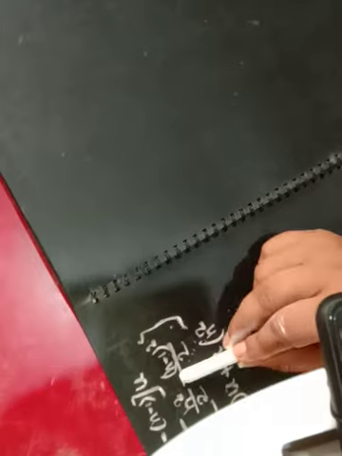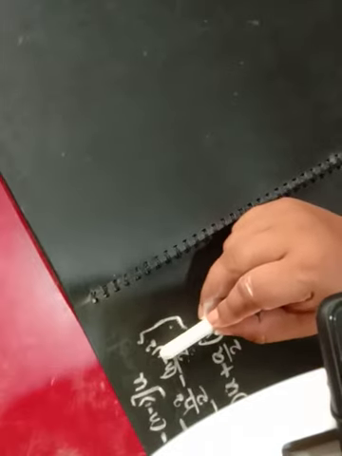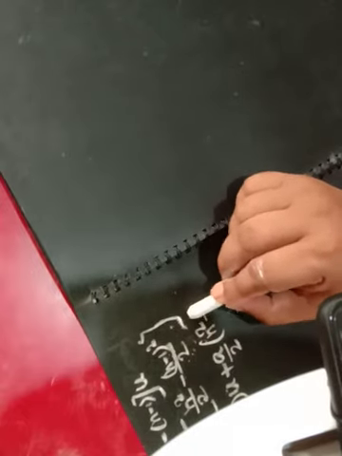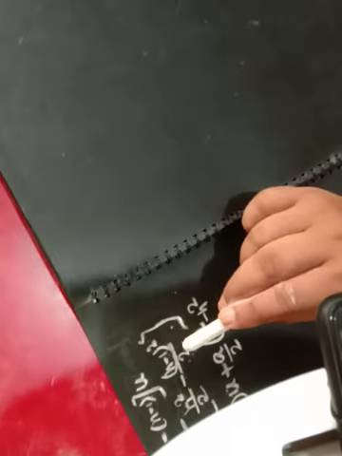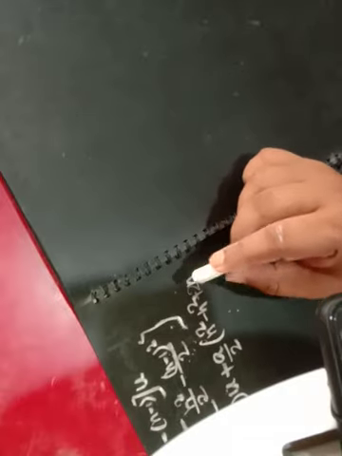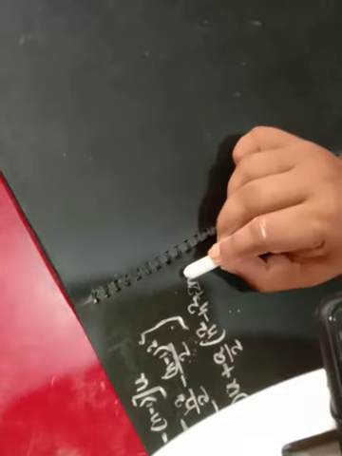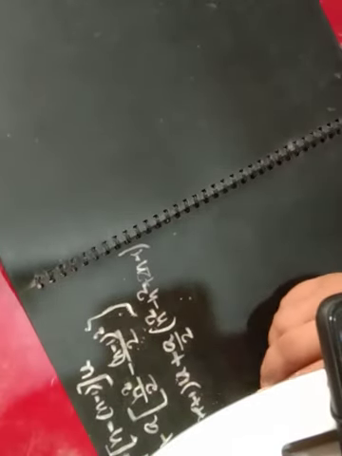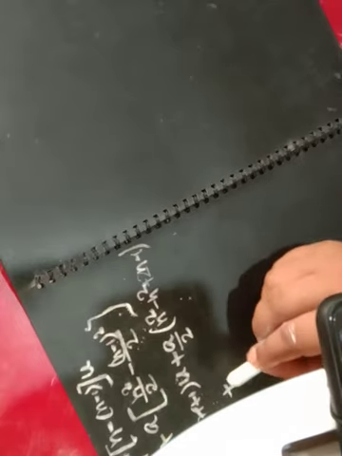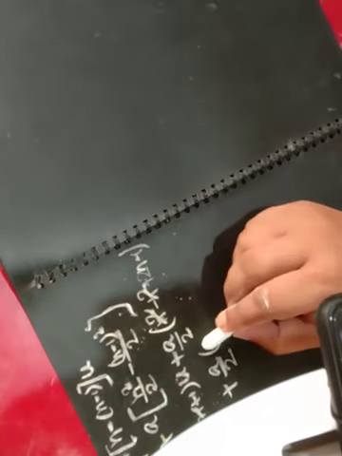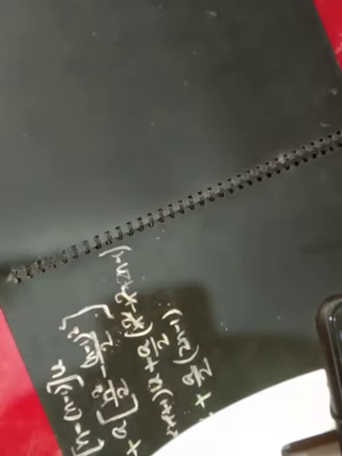Listen, this is n square minus, in the formula you are finding n square minus 2n plus 1, and outside minus is there, so you will be finding minus n square. Inside, minus 2n, if you open the bracket, it will be plus 2n, and that 1, if you open the bracket, is minus 1. And how much remaining? The n square gets cancelled. The remaining is 2n minus 1.